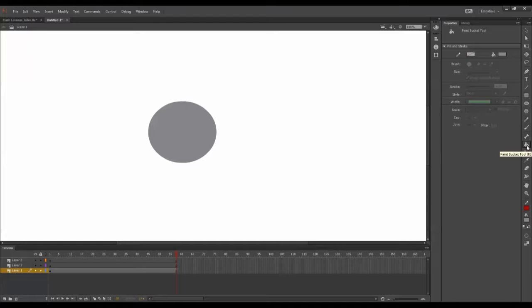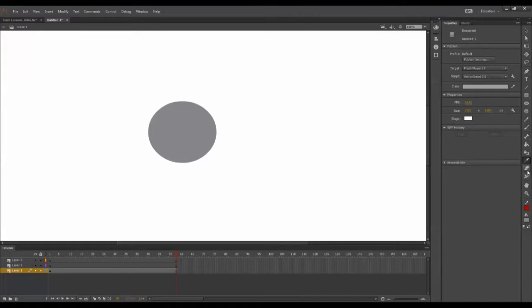This is the paint bucket tool. This is the ink bottle tool, which is painting your lines. This is the eyedropper, eraser, width tool, which is kind of cool. It's borrowed from Harmony, and it allows you to change the taper of your lines. This is the hand tool, which allows you to move around the canvas. This is the zoom tool,